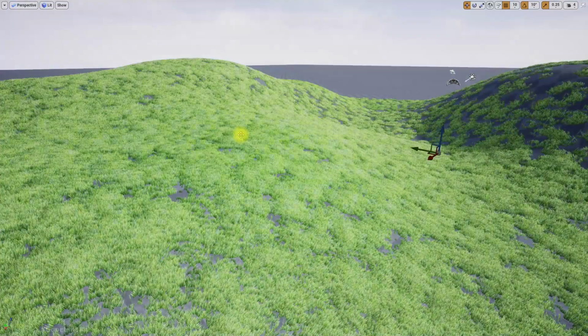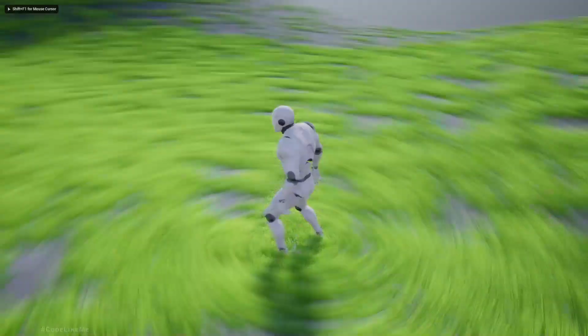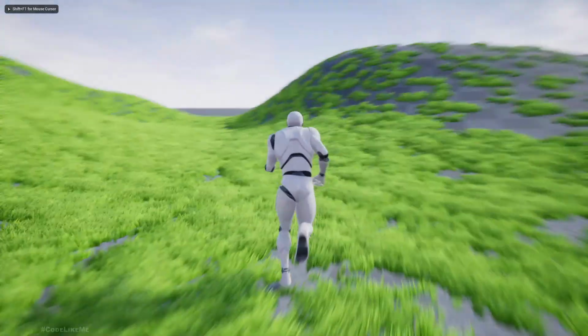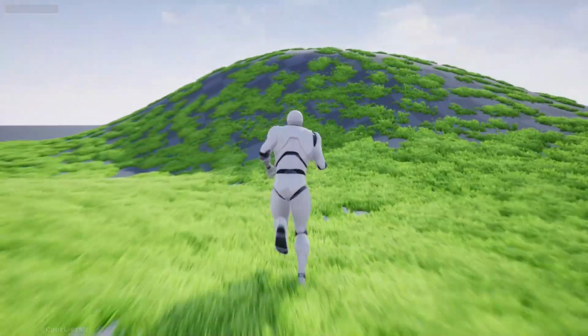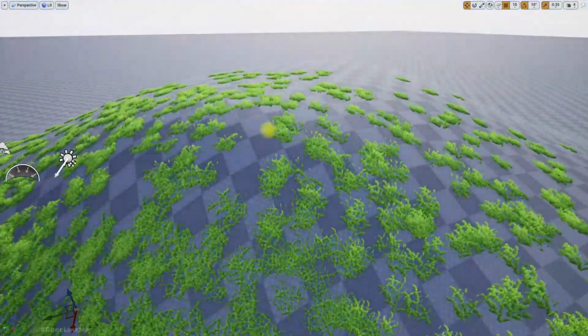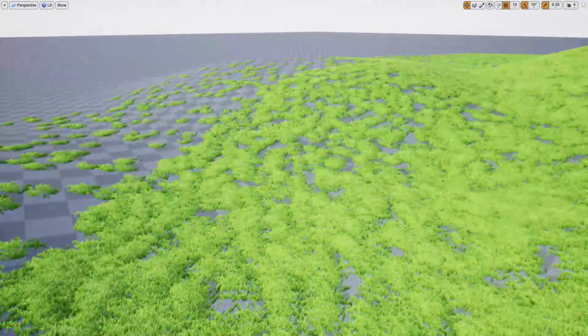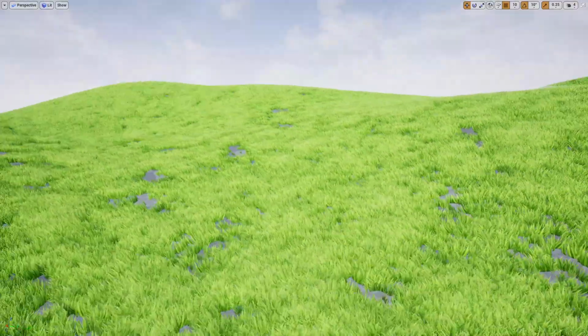Okay, I think this grass is enough. Right,